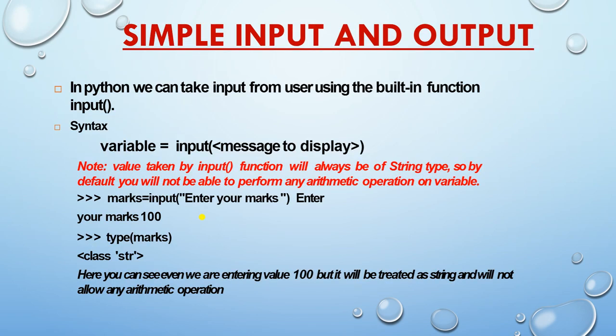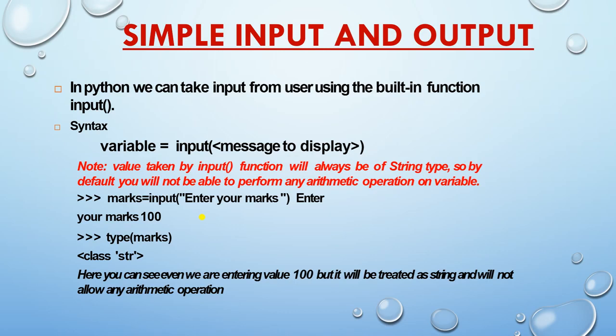Next is simple input and output. You know input: when we press any key on the keyboard, we are giving input to the system, and a mouse click is also a type of input. And output is what the screen shows. When you are playing a game, the joystick is also an example of input devices, and your printer is an example of output devices.